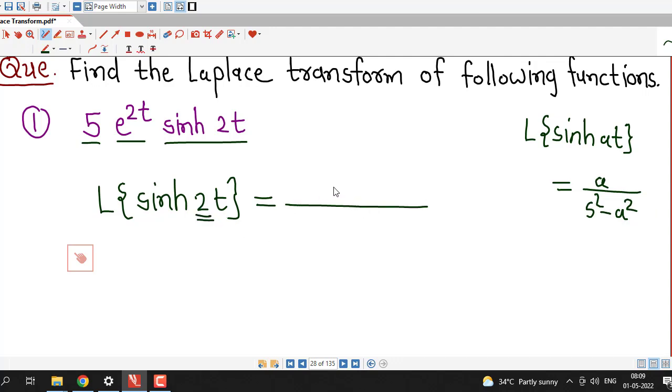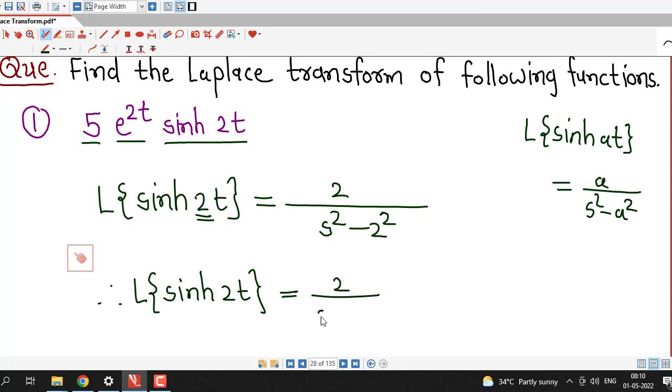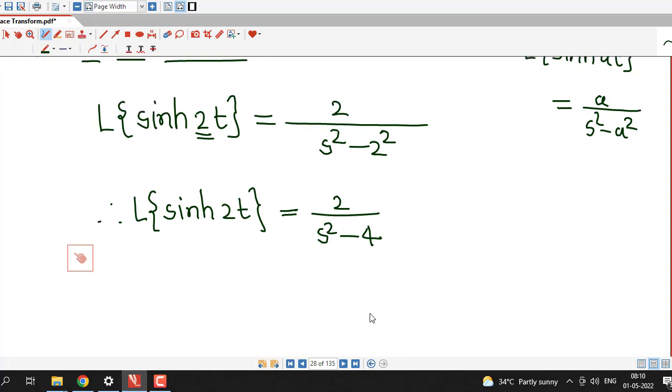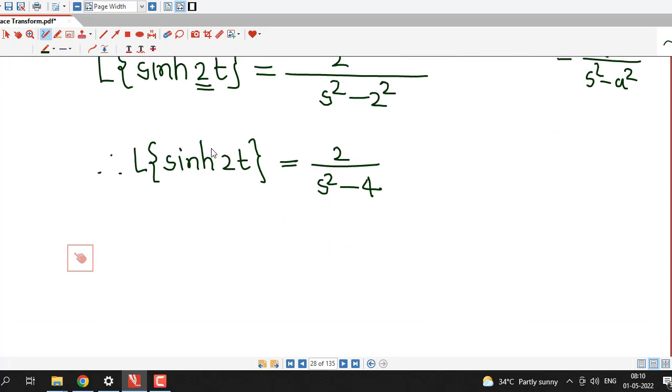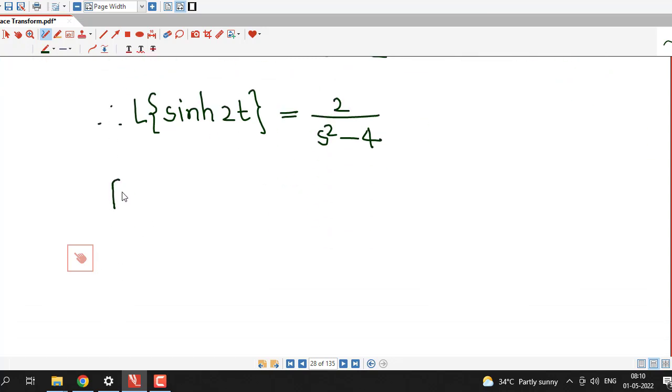Therefore the Laplace transform of sine hyperbolic 2t is 2 divided by s square minus 2 square, or 2 divided by s square minus 4. And we are interested in the Laplace transform of e raised to 2t times sine hyperbolic 2t. So by the first shifting theorem,